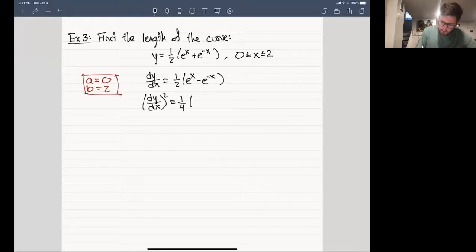This is going to leave me with, so I'm going to do the expansion right away. This is e to the 2x, that's the same as e to the x, and then all squared. Minus 2, that's e to the x times e to the minus x. Those things are reciprocals of each other. And then plus e to the minus 2x. And so that means that if I add 1 to this thing,